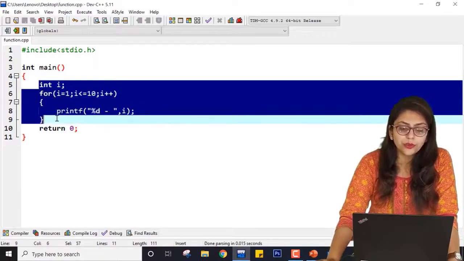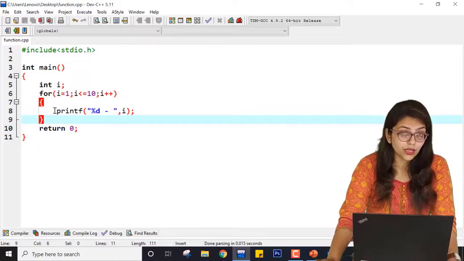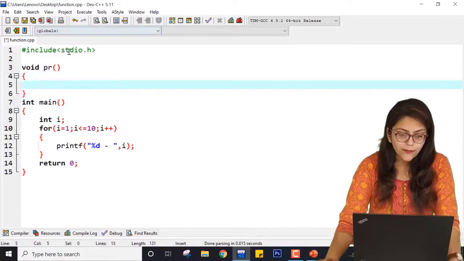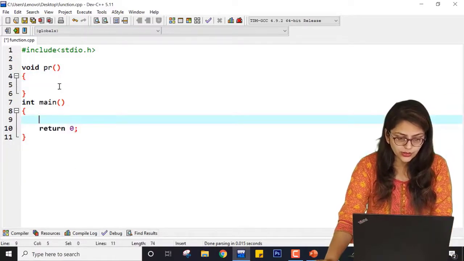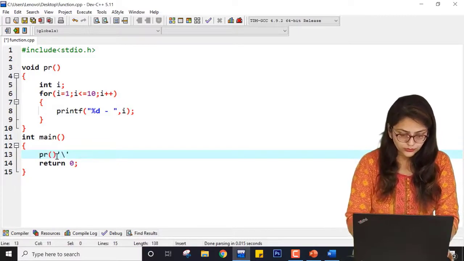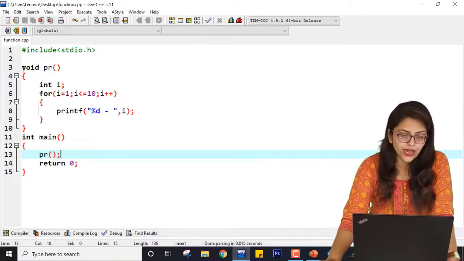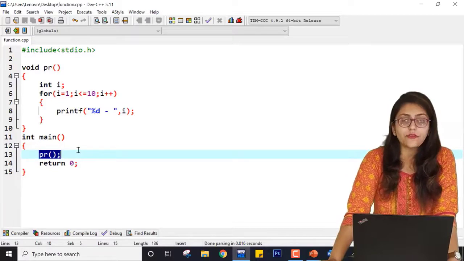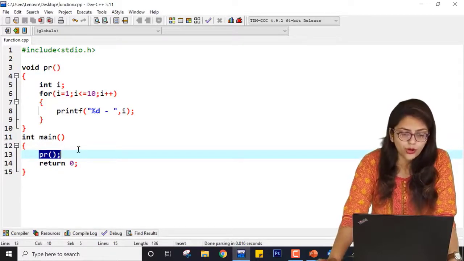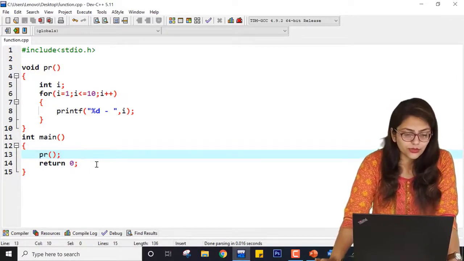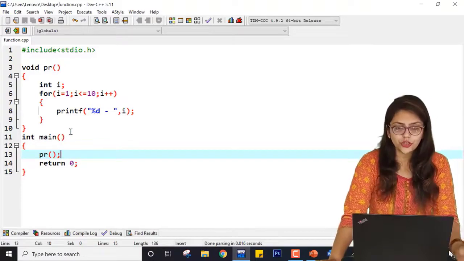Now what if I want to write this program using a function, not recursion but a function. So I have to create one function, void, named say PR, and I'm not giving any arguments. Here I can just cut this code and paste it over here. Here this is the function definition and inside main I'm just calling PR. You can see that this is the fourth kind of function in which there is no return type and no arguments. I'm just calling a function without passing any parameters, right? So this is the function calling.